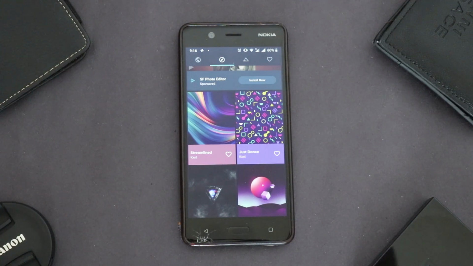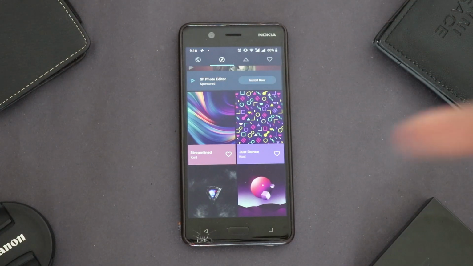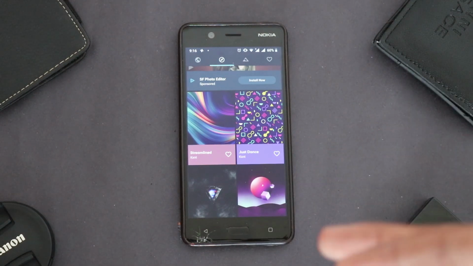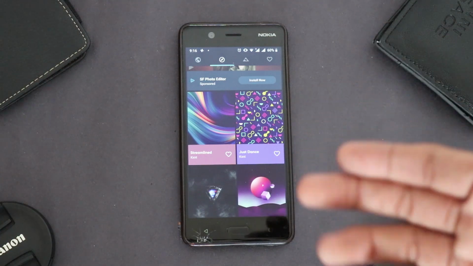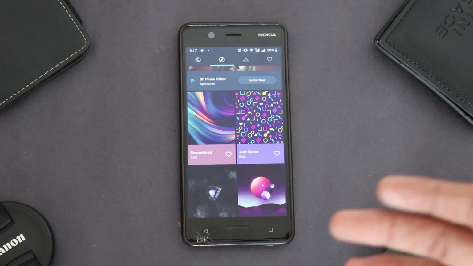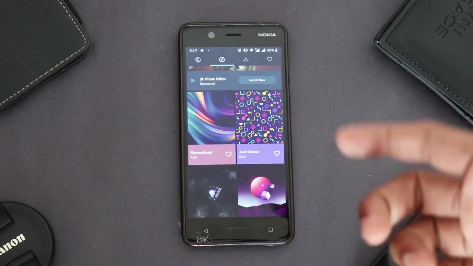You can just go and download the wallpapers for free, but if you want to do some great things with this, you have to go and buy the premium. So I would suggest you download Resplash and Wallpaper if you're not interested in paying subscription fees. And if you're okay with a subscription and you want the best wallpapers, I would suggest you download